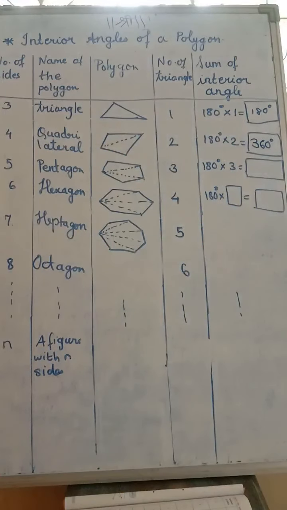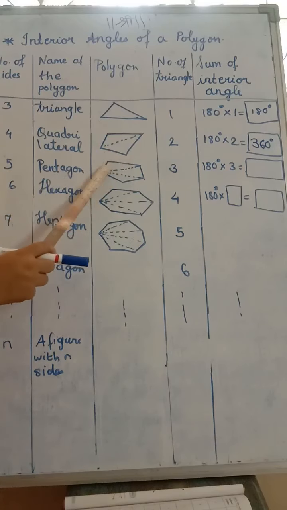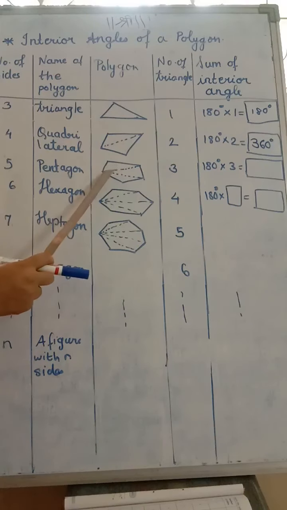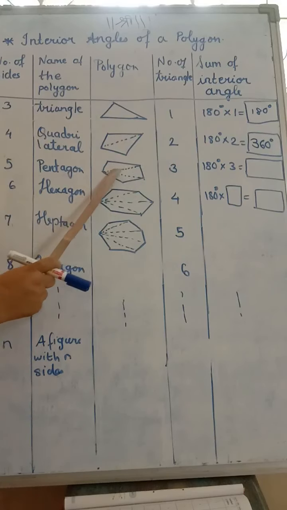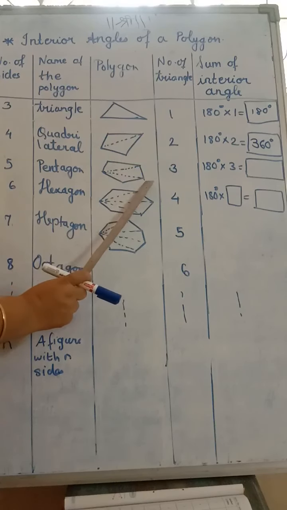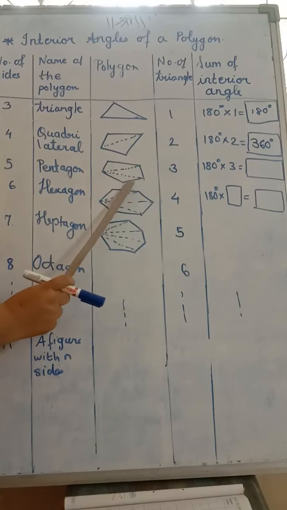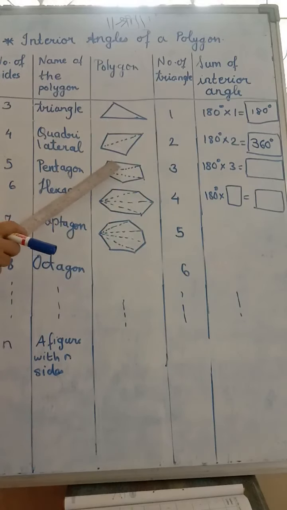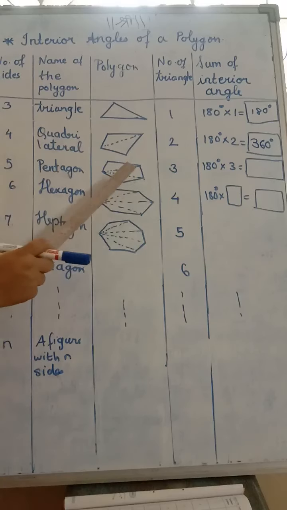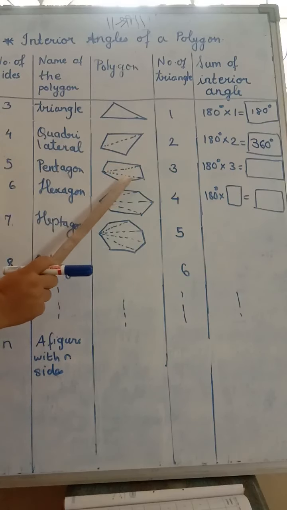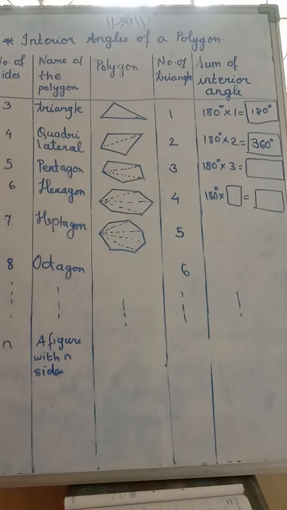Now we will take the next figure having number of sides 5. What is that polygon called? Pentagon. See, 1, 2, 3, 4 and 5. From one vertex, draw lines in such a way that triangles will be formed. See, here it is joined. This vertex we have to leave, join this, then the next vertex. Here you can't join because a triangle is already formed. So in a pentagon, how many triangles are there? 1, 2 and 3. So 3 triangles. That is 180 into 3.